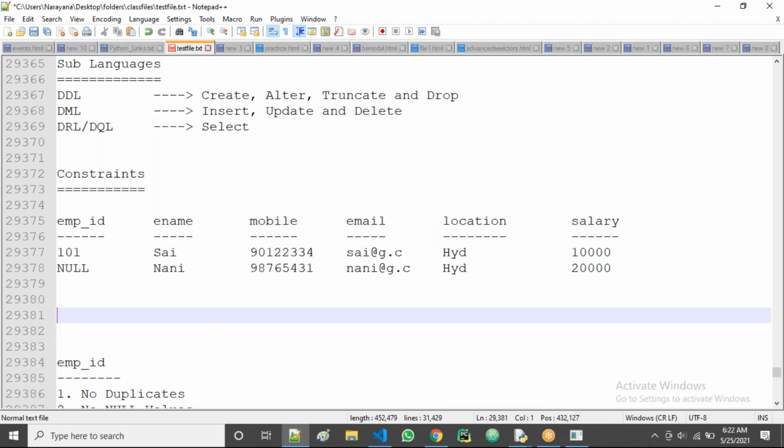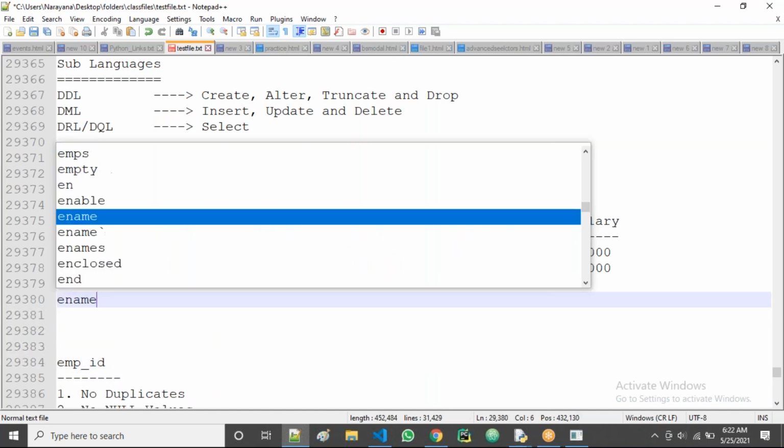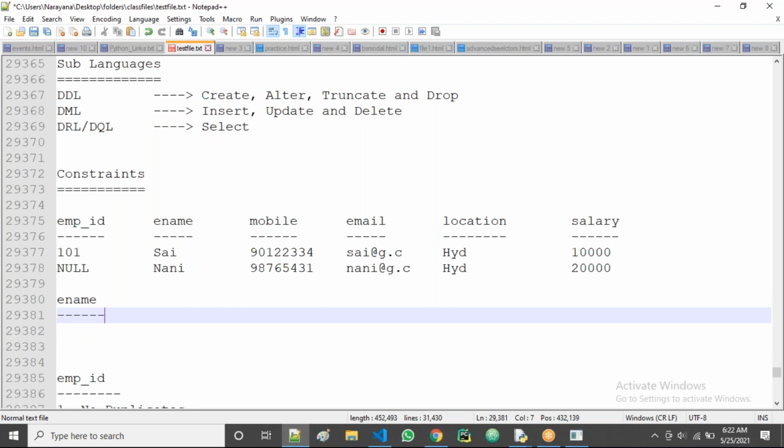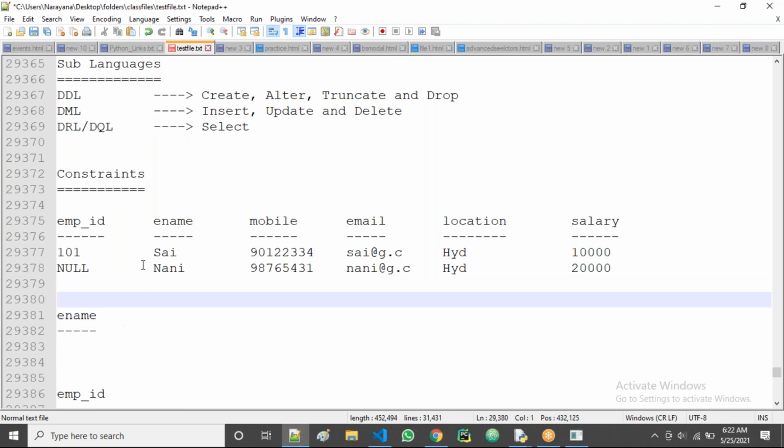Next one, an employee name. What are the rules on employee name? For example, Sai is a name, guys, right? Nani is a name. Narayana is a name. Sandeep is a name. Venkatesh is a name.